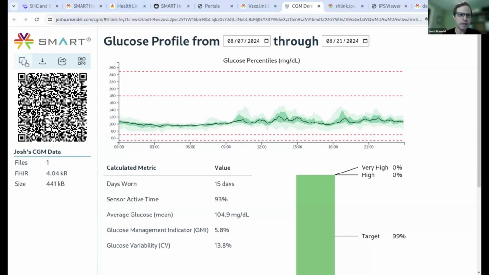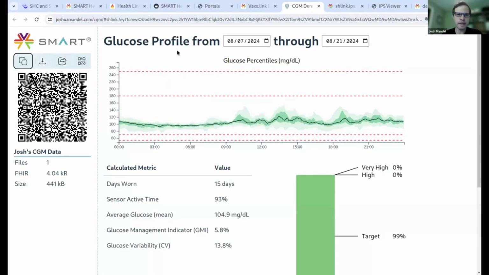But anybody who's got this link, which you can copy to your clipboard here, or scan as a QR code here, or if you're on a mobile phone, you can click the share button to share it out to anybody who can receive links. Anybody who has this link will be able to see this view, but more important, they have access to the underlying FHIR data. So I've included a little download button here. If you click this, you'll get a FHIR bundle with those 4,000 resources.